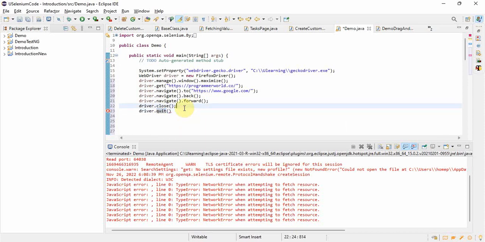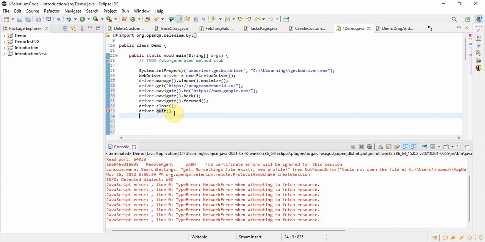But what is the difference between close and quit? If you use driver.close, it will only close the current browser window where you are performing action. But if you use driver.quit, it will close all the browsers